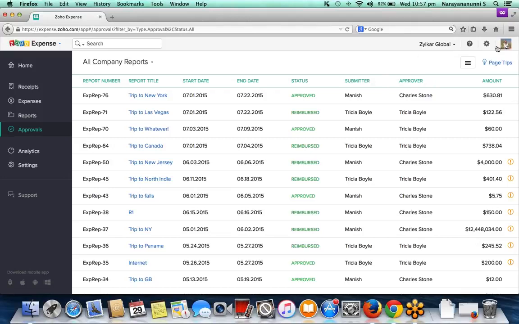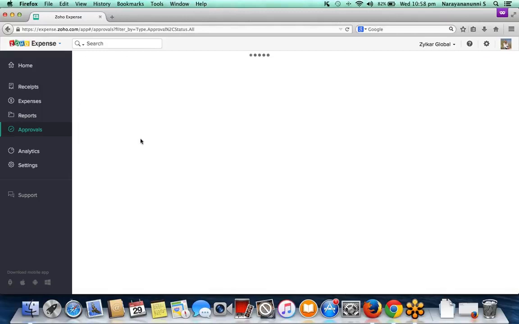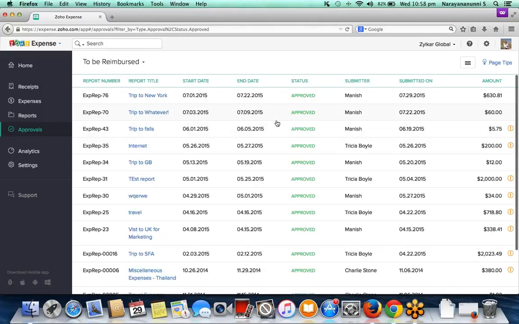Similarly, she can go to the to be reimbursed filter to see all the reports in approved status which